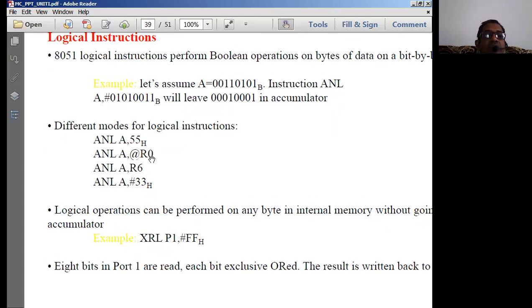The at the rate operator is indirect addressing mode. R6 is being used, which is called register addressing mode. It is going to be memory addressing mode, and it is going to be direct addressing mode where 55H is used, and this is immediate addressing mode. So these are the various addressing modes which we can use. Then the last one, if you see carefully, hash 33 means what? 33 is directly taken as data, and this data is simply